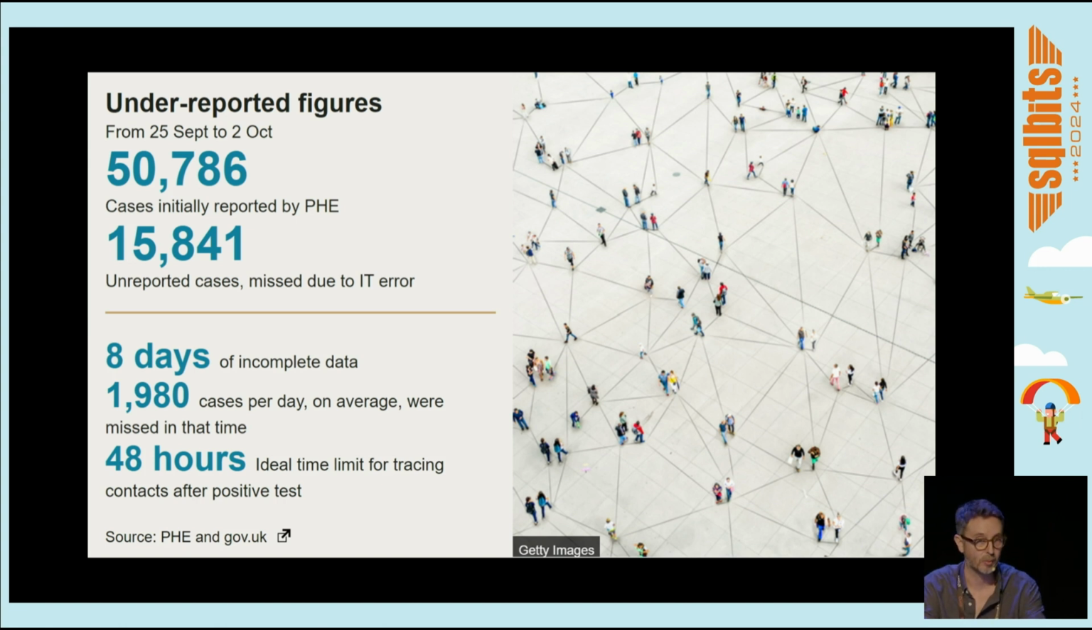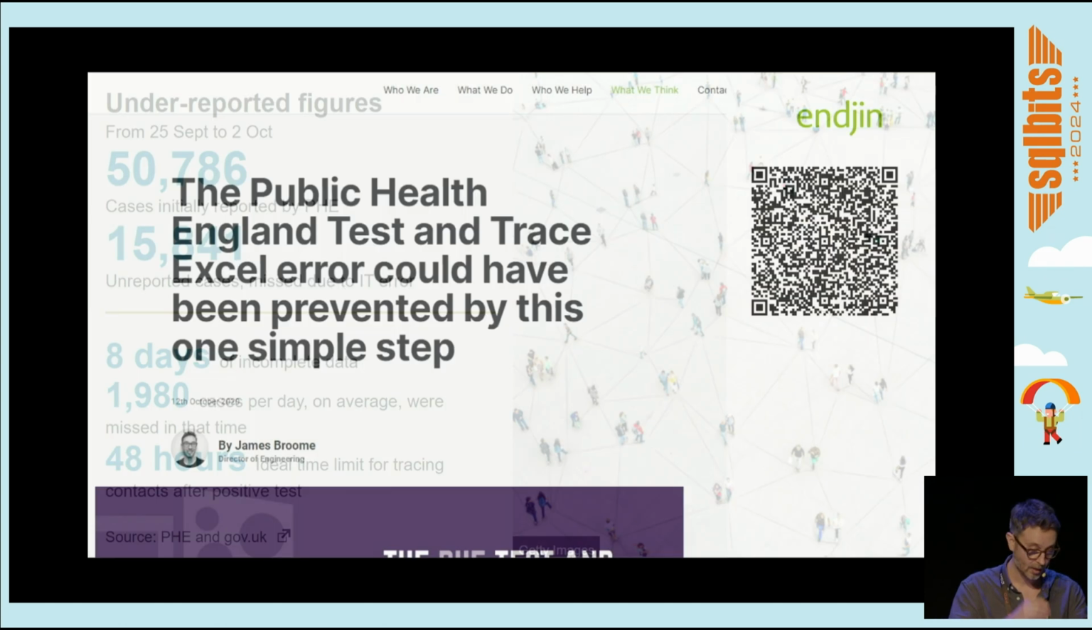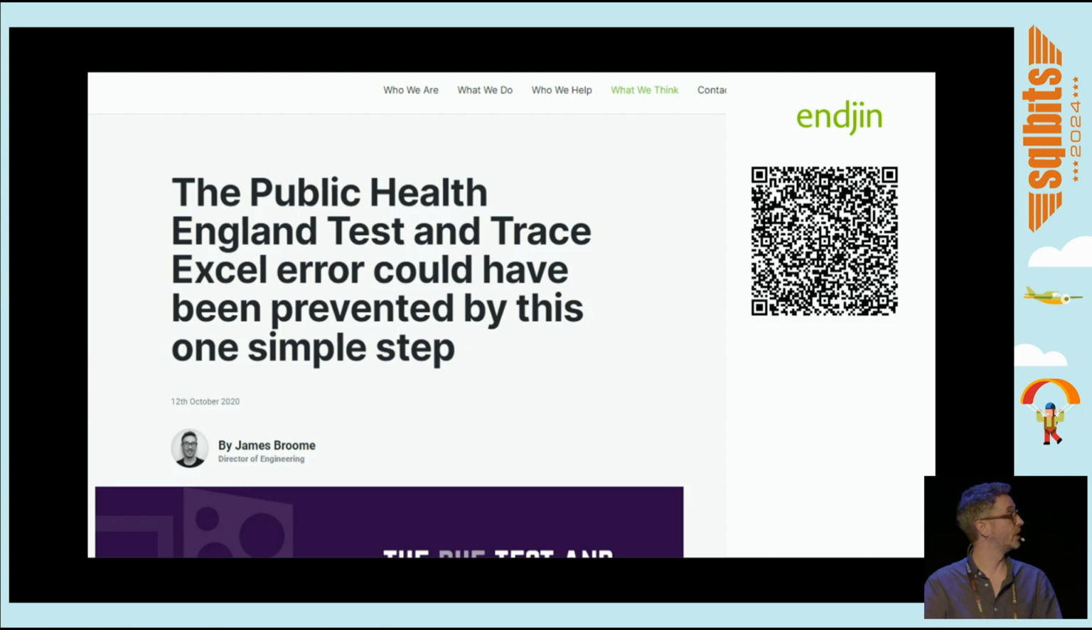Now, if you cast your minds back to that time, this was test and trace, this was close contact follow-up, so you can imagine the impact that this error in reporting and this data collection might have had. Now, I've written at length about what happened here. I think I've explained pretty simply what the problem was and given my opinions about how it could have been avoided. If you want to read more about that, then this QR code will take you